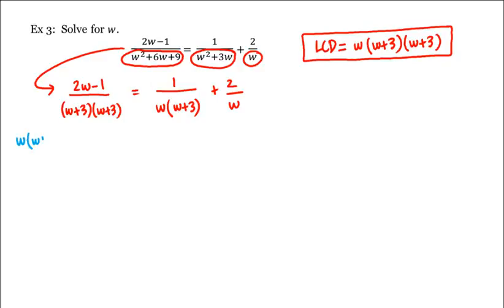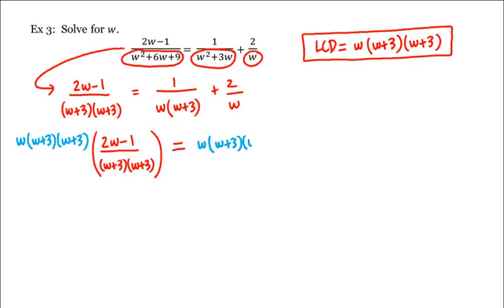That is, we have w times w plus 3 times w plus 3 times 2w minus 1 divided by w plus 3 times w plus 3 is equal to w times w plus 3 times w plus 3 times 1 divided by w times w plus 3 plus 2 divided by w. And now we'll distribute this entire product here to both of these terms,